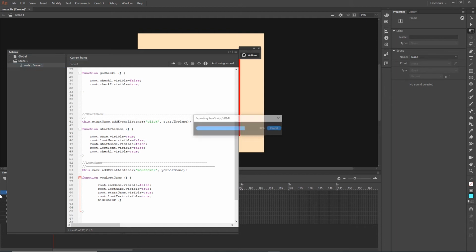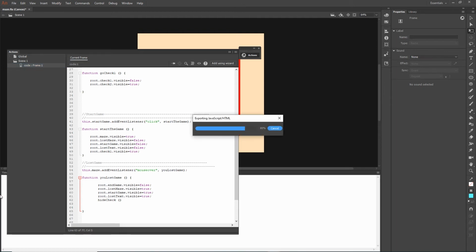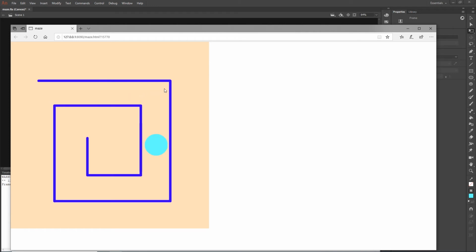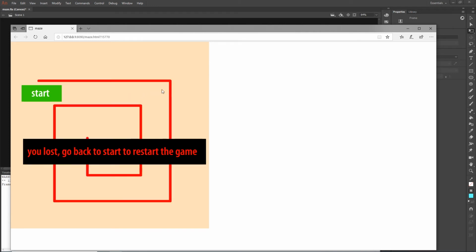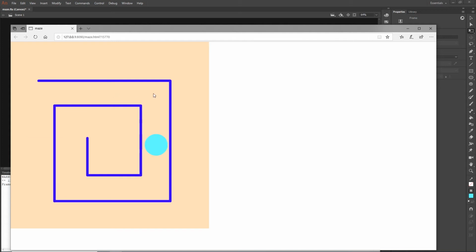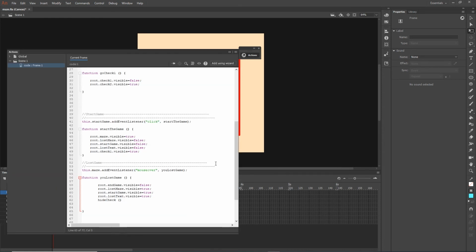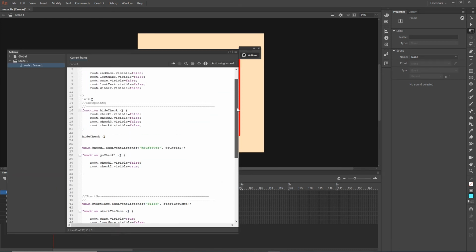And now if I hit Ctrl Enter, hopefully again it is going to be working. So yeah, indeed they disappeared, okay, like so. And right now we need to continue. So as I said before, and we are slowly moving to the finish,